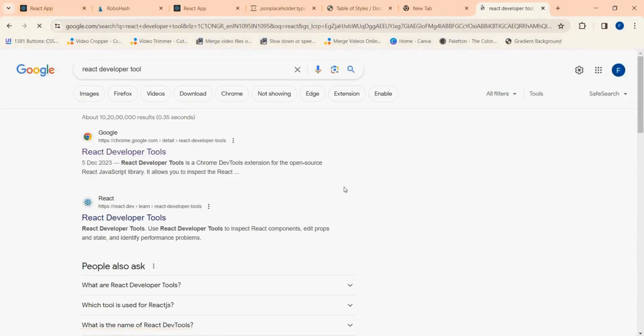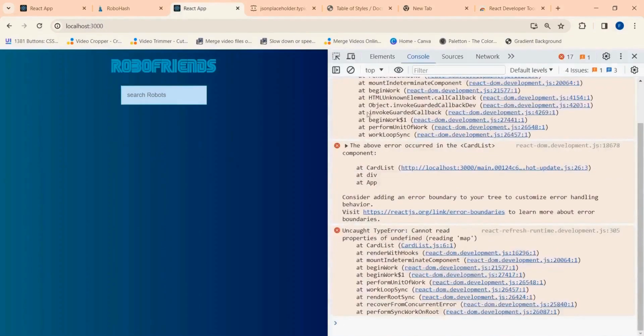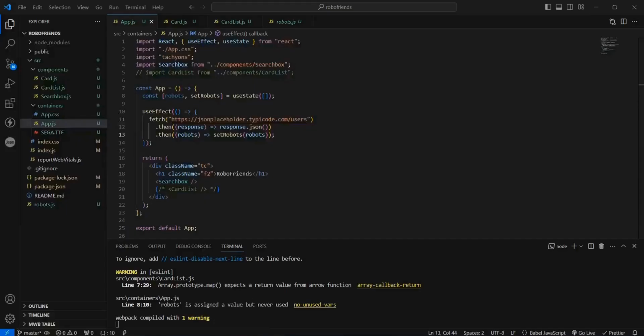This is a really good extension when you're working with React. So I do have it with myself, and I would like to show you something. We can open the developer tools, and over here when we click on this, we are getting something called Components. We can just simply click on this one,